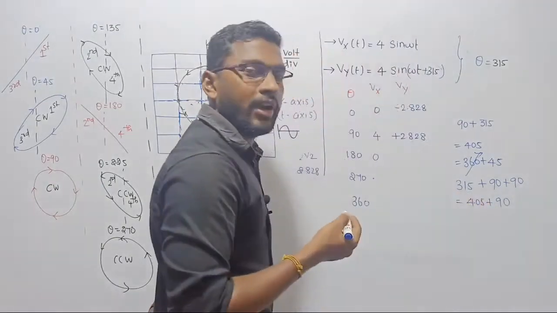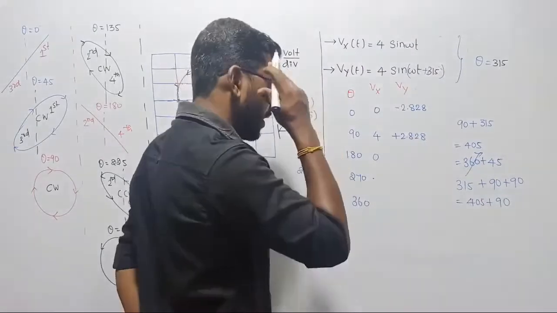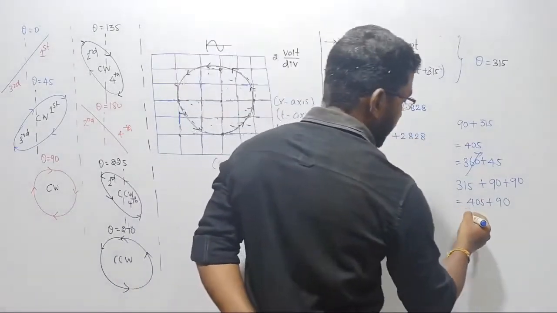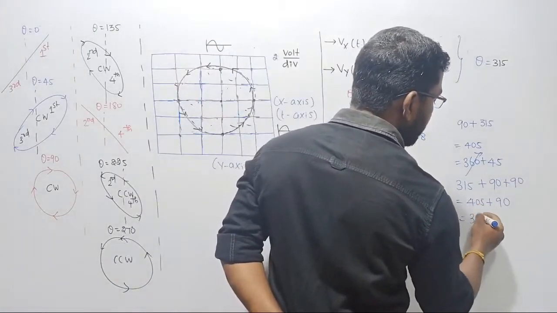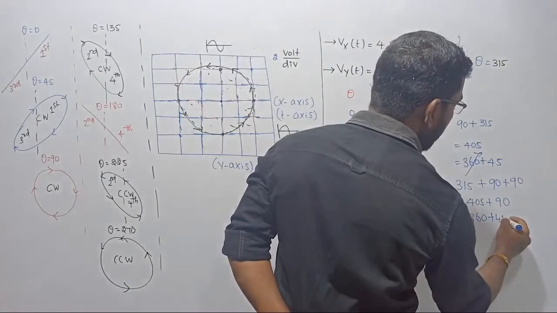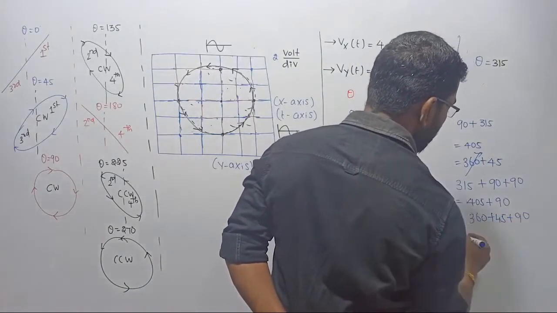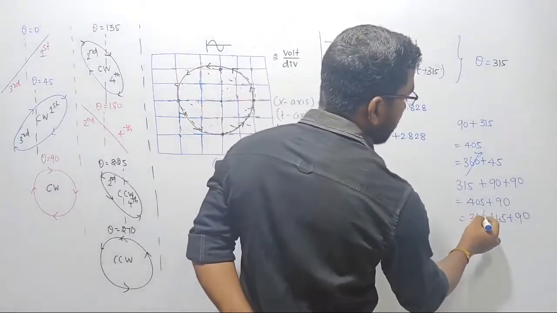See, whichever way you feel you can break it, you can break it that way. I am just writing what flows in my mind, that's all, right? So the thing is, 405 can be written as what? 360 plus 45 degree. If you think of something shorter than this, you can write it shorter. There is no issue. Our target is what? We need to remove the 0 elements, that's all.